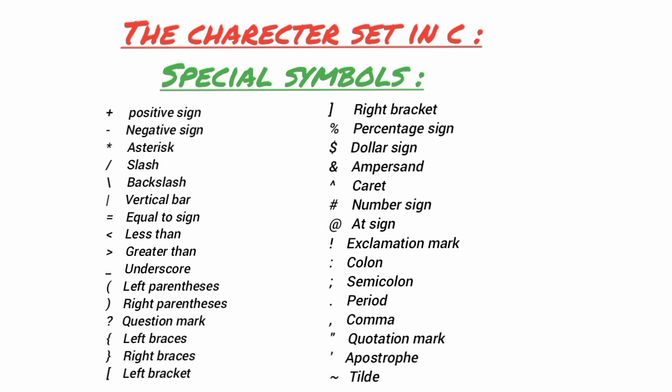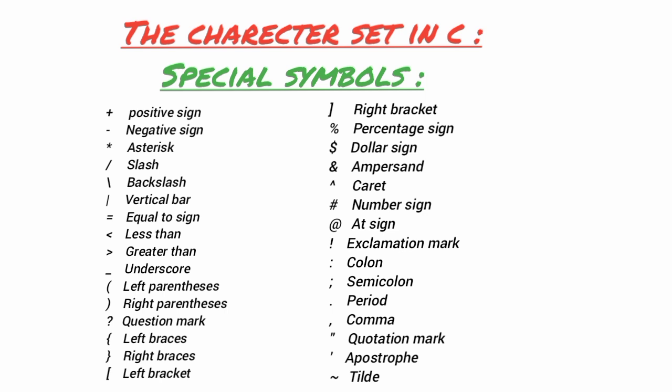The character set in C. First, special symbols: plus sign, minus sign, asterisk, slash, backslash, vertical bar, equal to sign, less than, greater than, underscore, left parenthesis, right parenthesis, question mark, left brace, right brace, left bracket, right bracket,